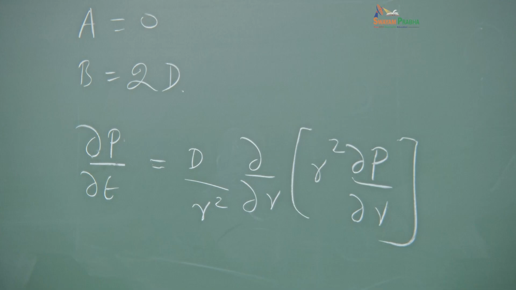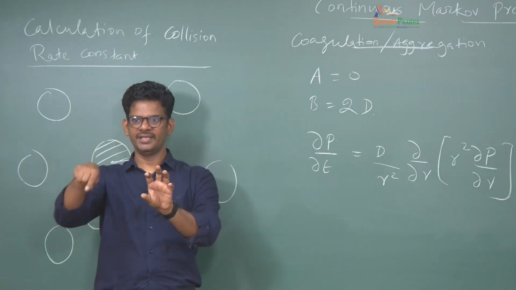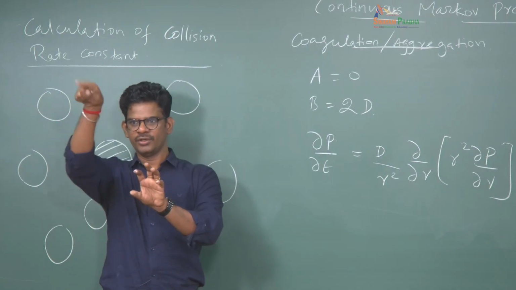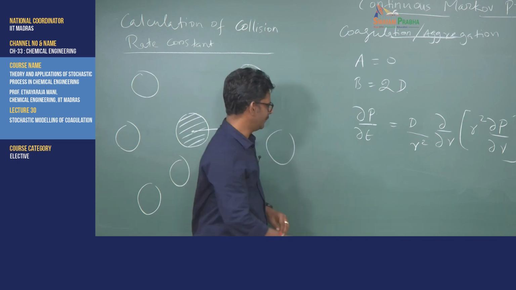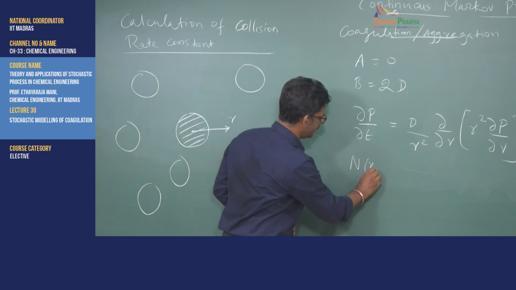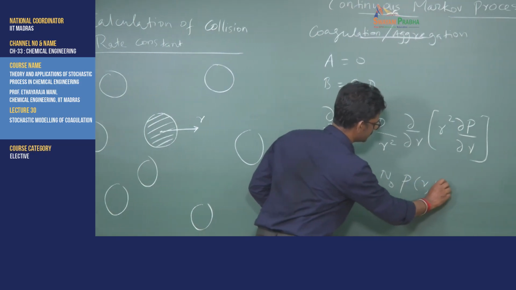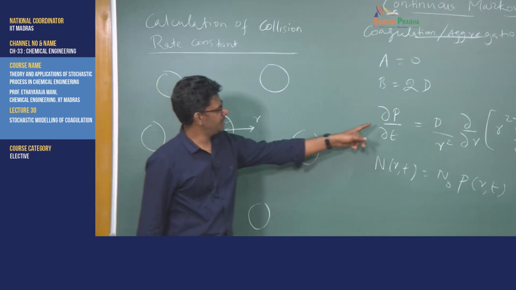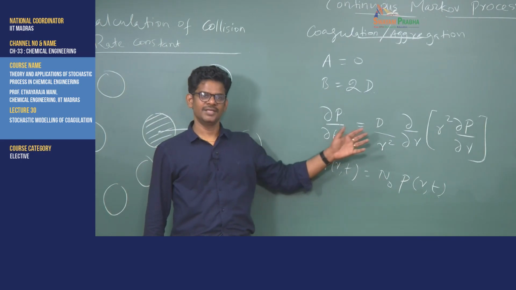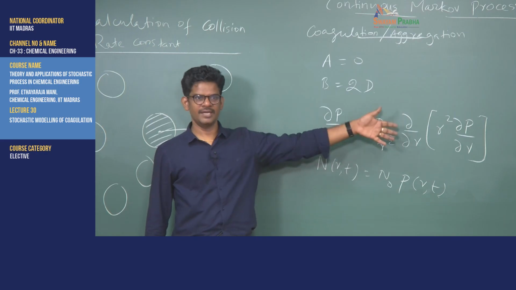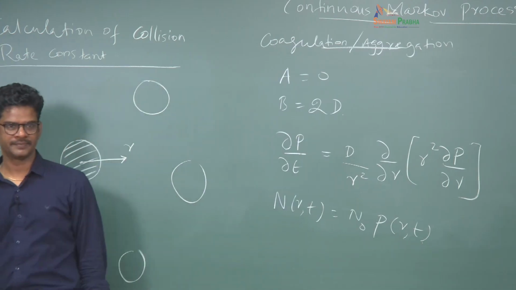This is written as if you have one single particle and you are finding the probability of finding a particle at r which is undergoing free Brownian motion. You can also write this equation in terms of concentration. If you define n of r, t, something like this, then all this P here can be written in terms of number density or concentration also. Then we would call this a diffusion equation. In chemical engineering, we are all familiar with that: the diffusion equation written for a spherical coordinate system.